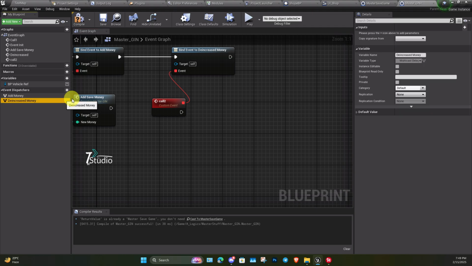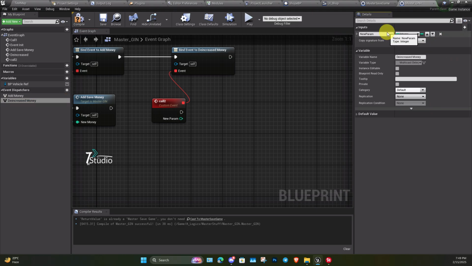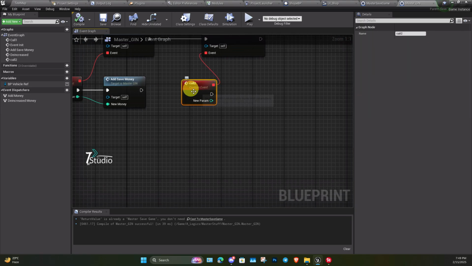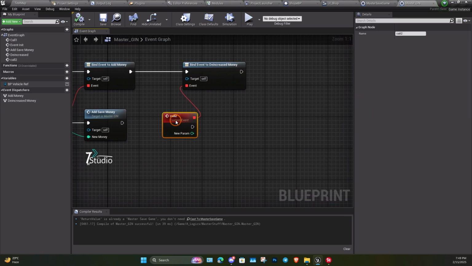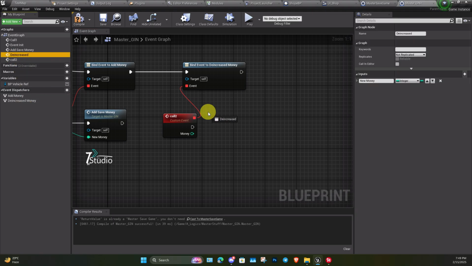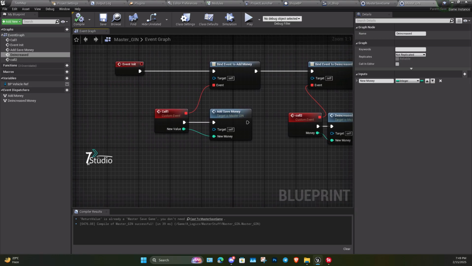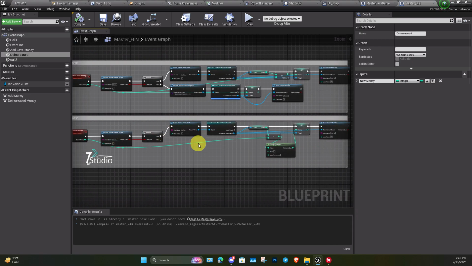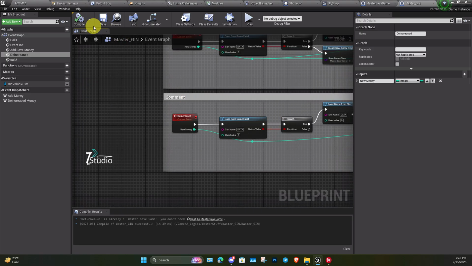Then here we'll do the same thing, input. We'll give the new money, or money amount, that we want to increase. I'm not sure. Let's give a refresh. Okay, yeah, it's working. So here we'll simply connect with this. Okay, compile, save. Now whenever it executes, we can call it and get the increase